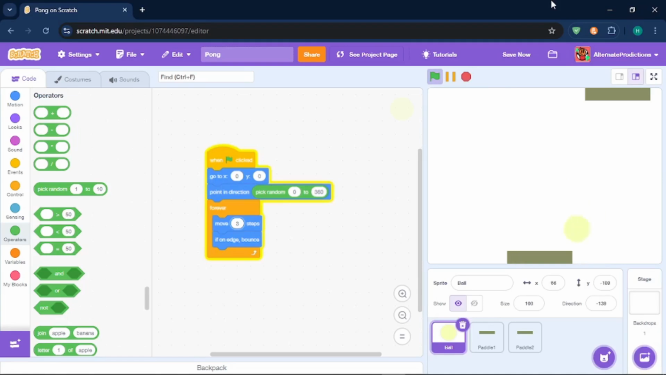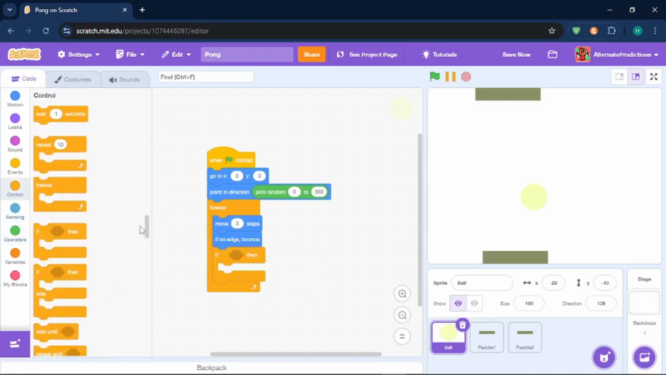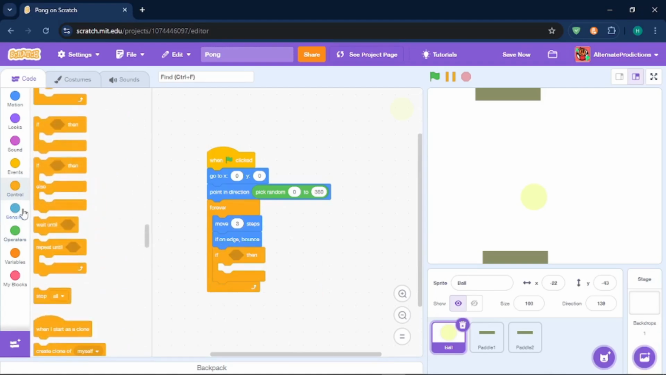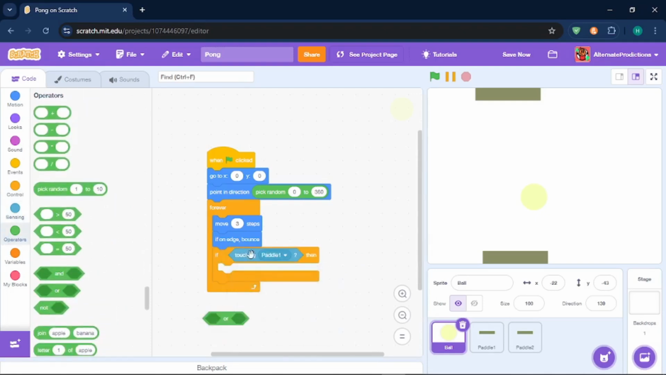But now there's a problem. When the ball hits the paddle, nothing actually happens. That's the entire reason why we made the ball in the first place. So, if the ball touches the paddle, touches either of the paddles,